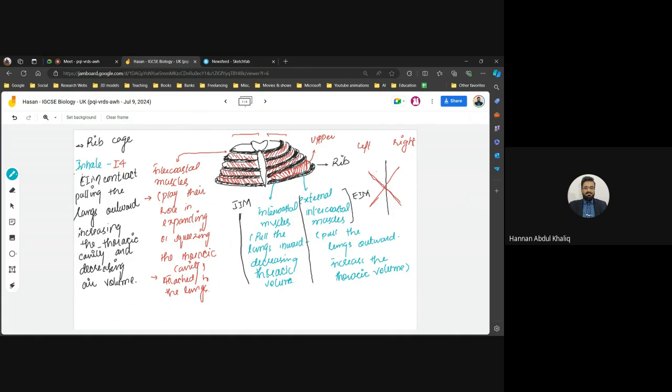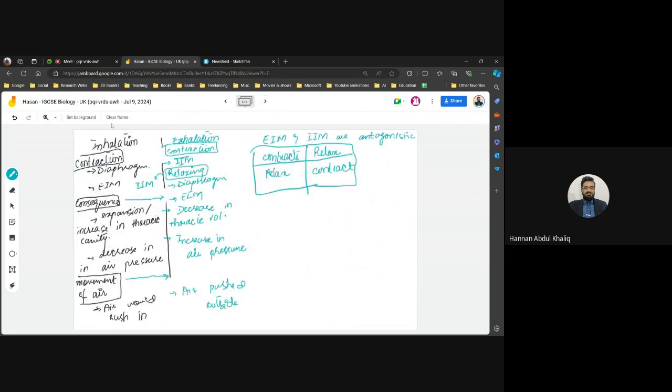Now, since we are familiar with the movement of air and how the ventilation is happening, next we are going to talk about diffusion. See, diffusion is, obviously, when the air is moving and then the air reaches the site of the exchange. To understand the diffusion, we need to know that there's a